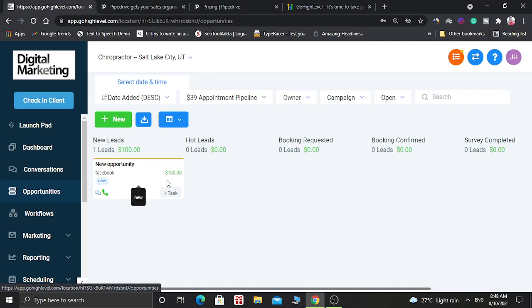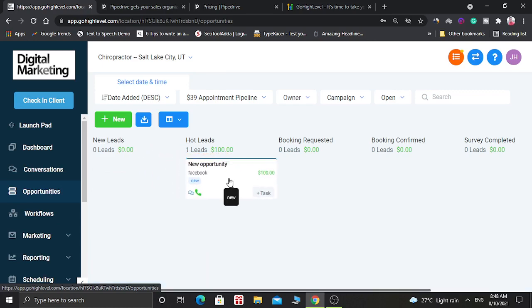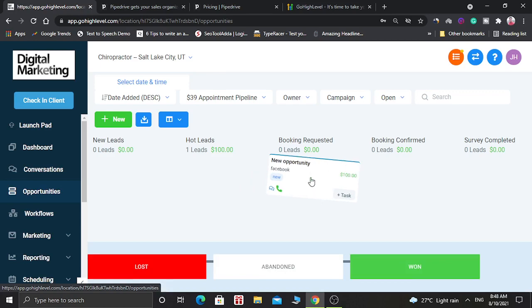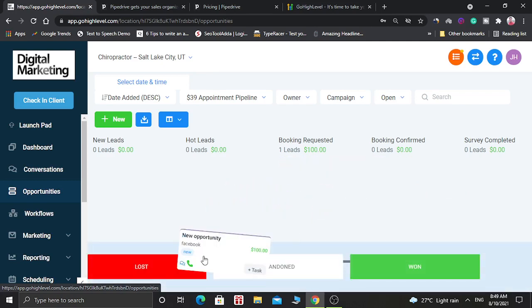You can move this lead by drag and drop. You can move it anywhere, and if this lead doesn't want to buy from you, then you can drop it in the lost section at the bottom.